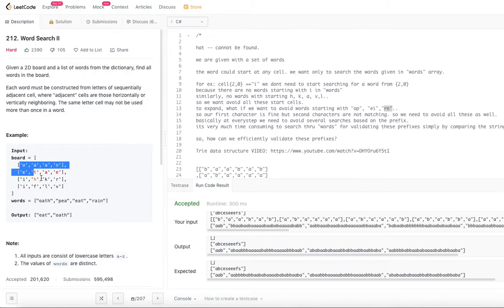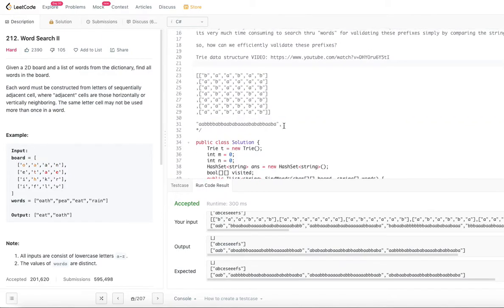What we are going to use in the trie data structure is one additional method that I have here. In the other video you would find two methods, basically to insert a word into the trie and to search a word in the trie. In this particular code, there is a new method called prefix exist, where you search for a prefix. In addition to insert and search, I have another method called prefix search, which we will walk through. To give you an idea of how the trie will look for us,